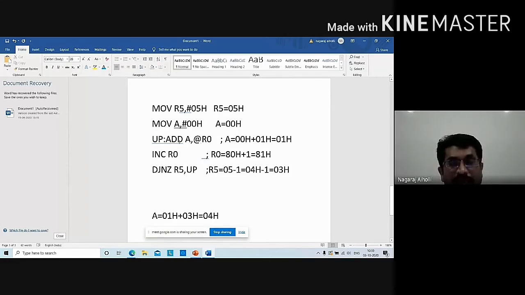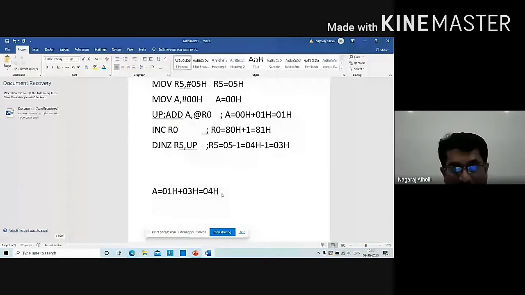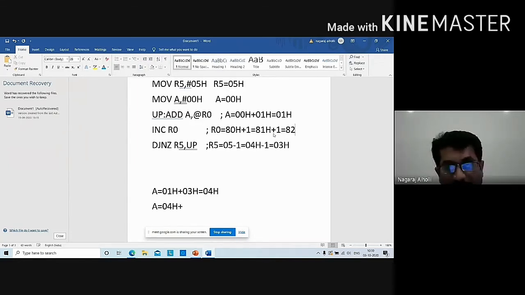Then again it will execute add A comma @R0. This time, the recent value in A is 4. This will be added with the next value in R0. We have not incremented R0 yet, we just have to do that. 81 plus 1 is 82H.